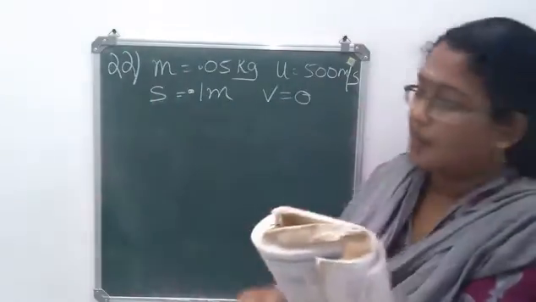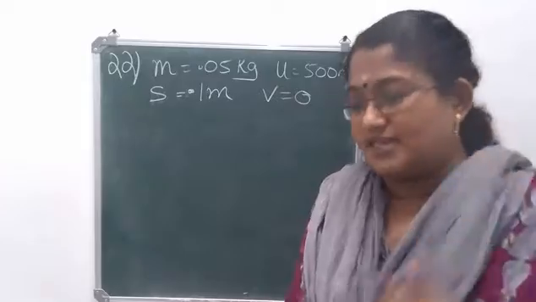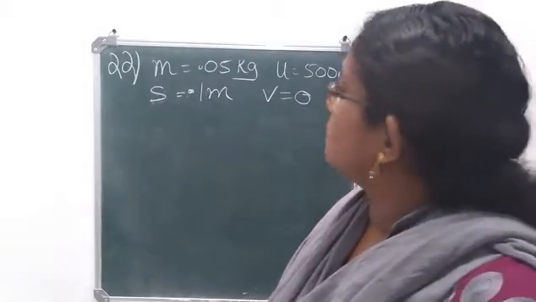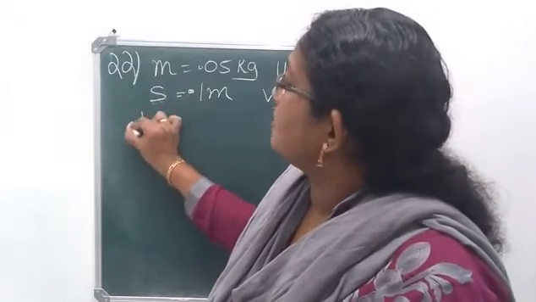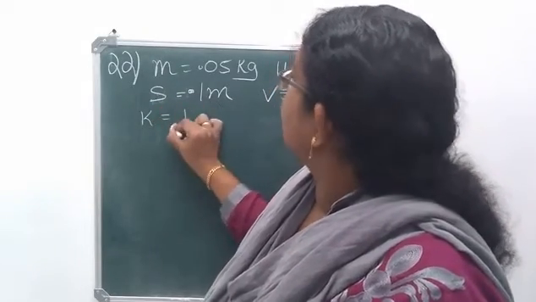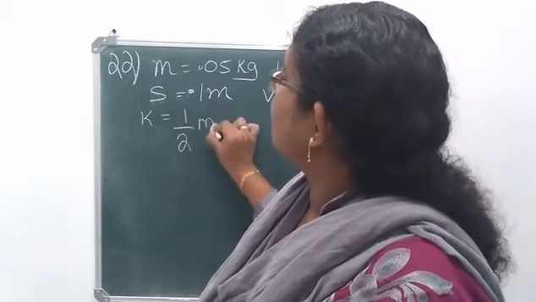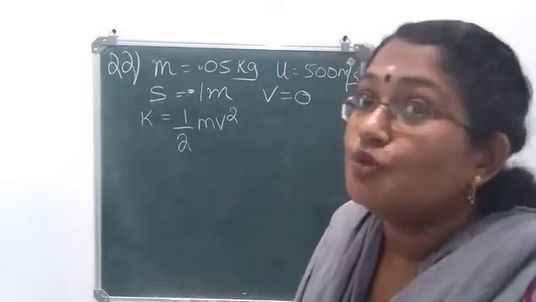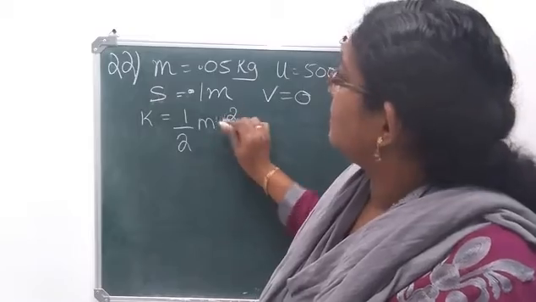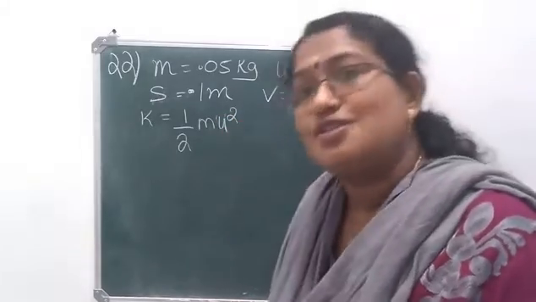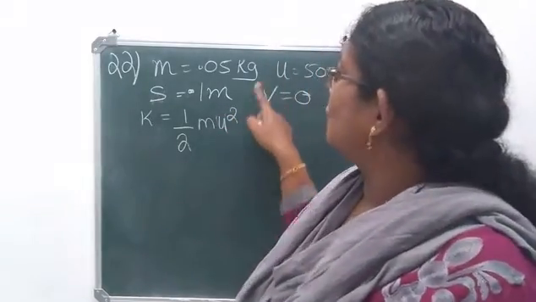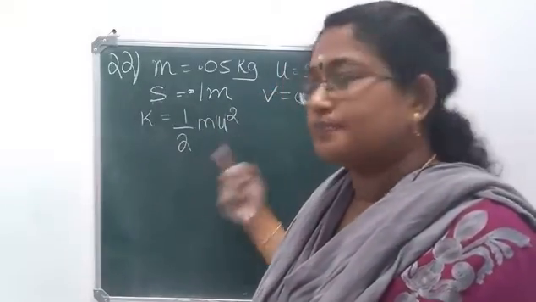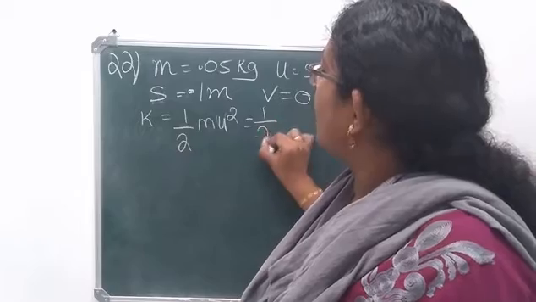Okay. So these are the things given in the question. First one, calculate the kinetic energy possessed by the bullet. So what is the kinetic energy? Kinetic energy means it is half mv squared. We have to consider the velocity only when it is moving, isn't it? So here, when it is moving, the velocity is u squared. I think there is no use for this velocity, okay? So you can either put it as v. So half into